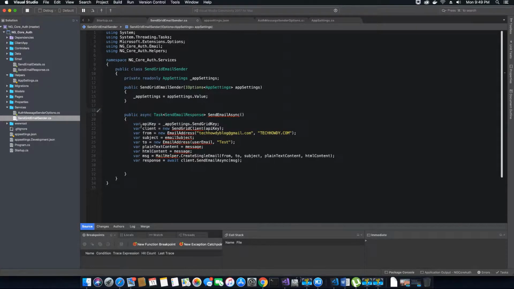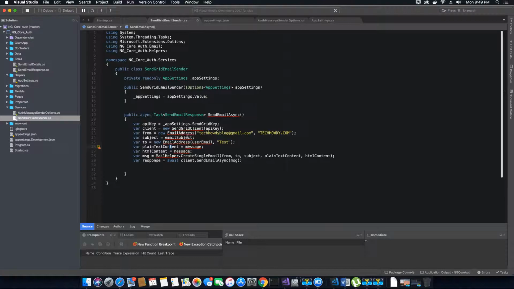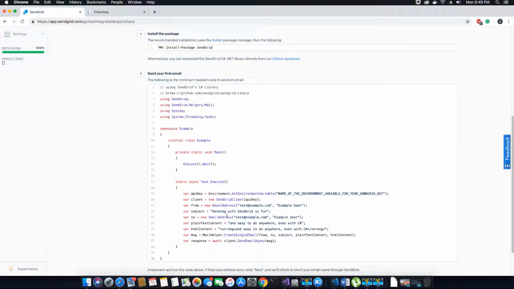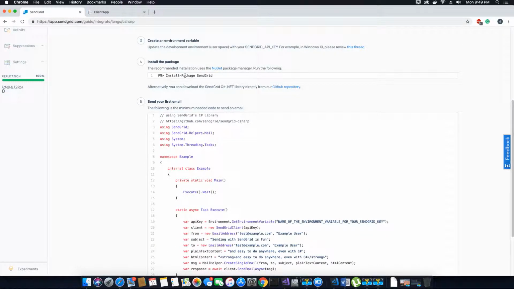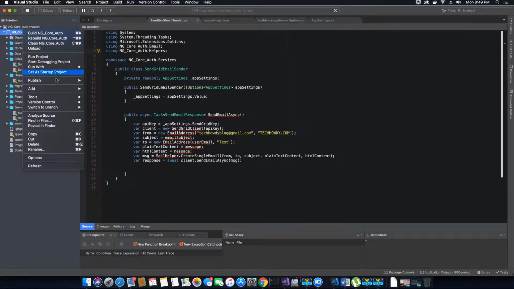So now I have copied the same code from here, but I've just changed the values. You'll see the variable names are the same, but I have changed the values. And I'm getting this error because there's one important thing that we have to do. In order to use these classes, we have to import the package for SendGrid. We cannot import it yet because we have not yet installed the package. To install the package, we have to use NuGet Package Manager. So right click and let's add